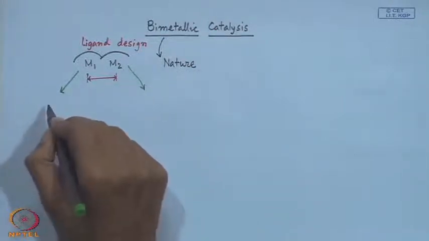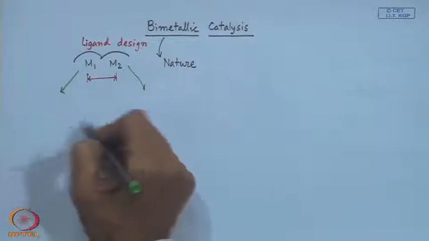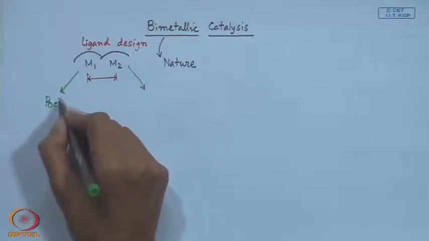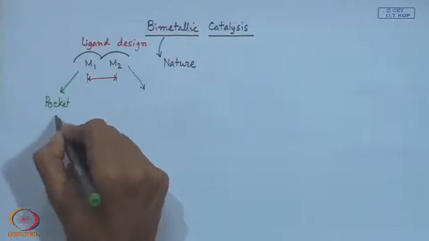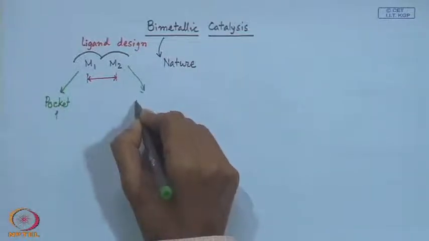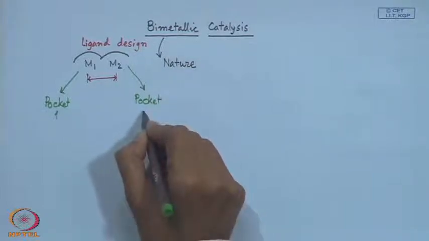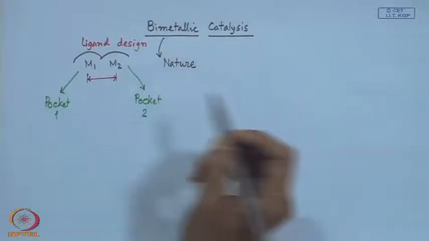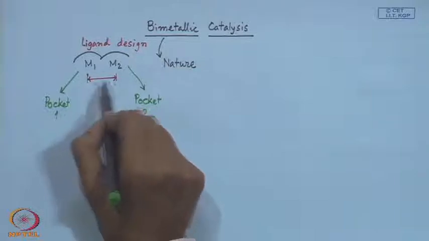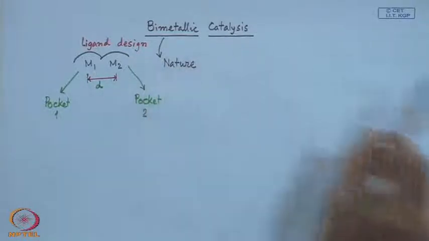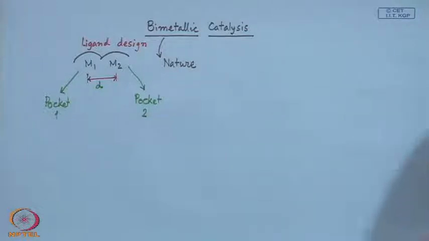In a biological system also the protein gives that particular pocket. So, this is basically your pocket 1 and another is your pocket 2. And how you can fix this particular distance,